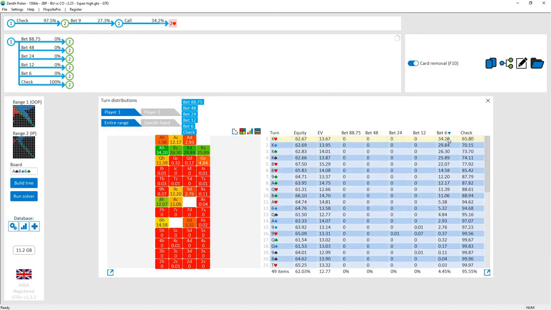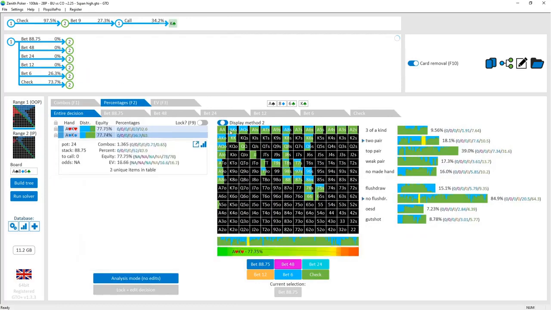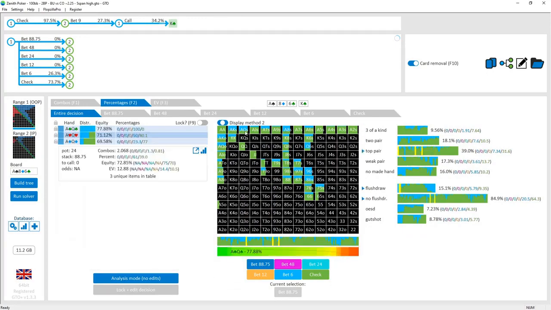And a lot of different cards are being donked, in particular this king, this 8 and this 9. Let's have a look at the king. Did we look at the king in the last one? Here the king brings a lot of ace king for the cutoff, and doesn't really mean that